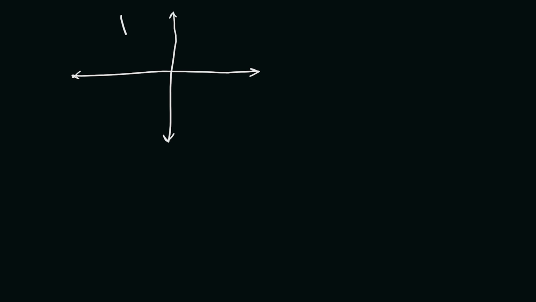Let's say that this point is -2, and this point here is 4, and over here, 5, 25. So now, using this graph of f of x,